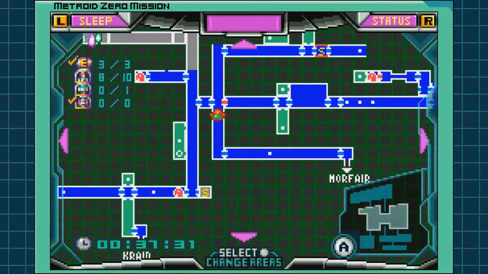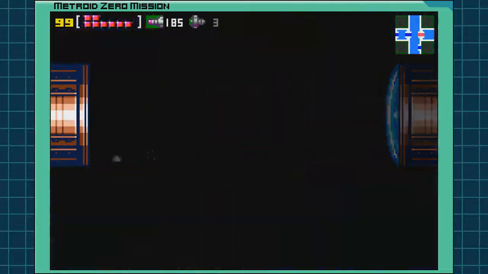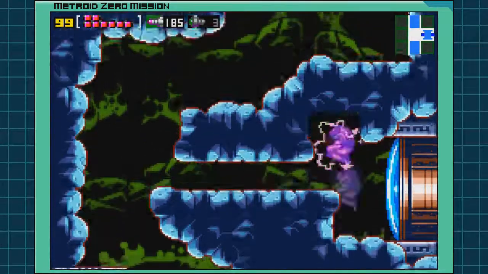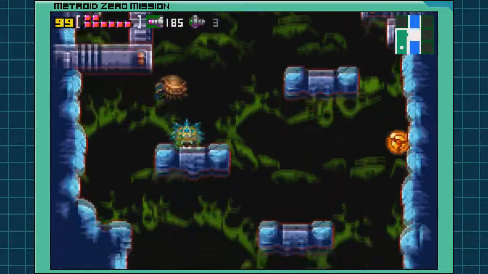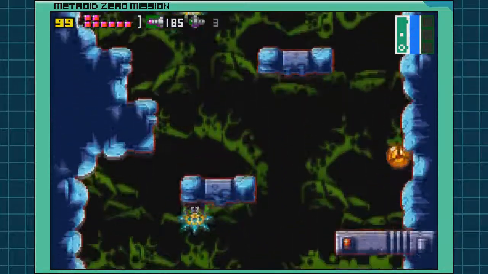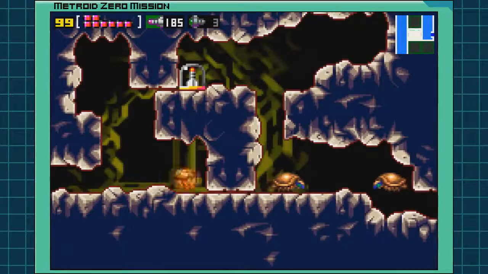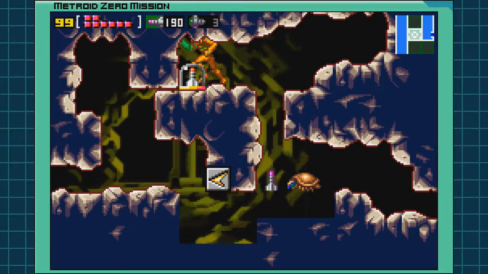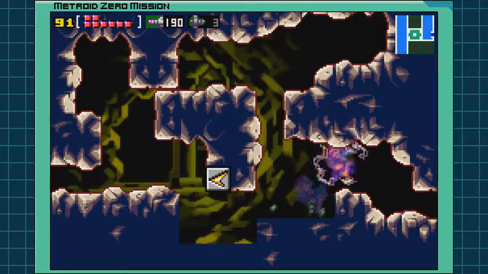Wait, 1 second. Okay. Oh, duh. I did it bad. I wasn't supposed to go up at all. Because there is a secret passage. Oh, duh. It's down here. What am I doing? With the missile expansion in it. We need to grab this side. I mean, we don't have to grab it right now, but